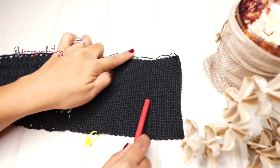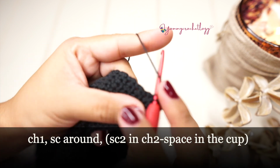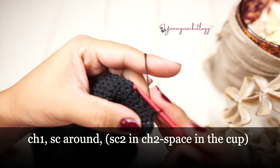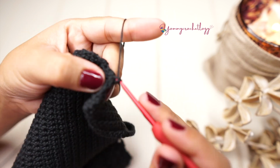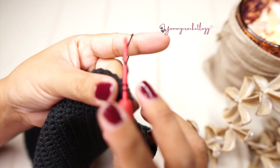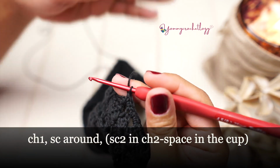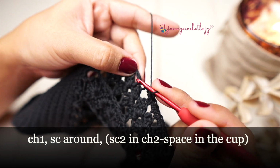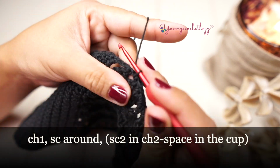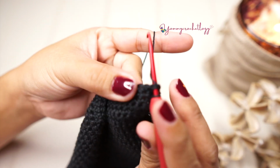and this time we have to single crochet around the cup until we reach here. So chain 1 and then single crochet at the top of your cup around. So once you reach this part, you will only single crochet 2 times into the chain 2 or the double crochet. Okay, so this is the double crochet in the side and the chain 2. Just put 2 single crochets in each of those chain spaces. And then once you are in this part, continue your single crochet pattern until you reach this edge. Okay, so we stopped at this edge,